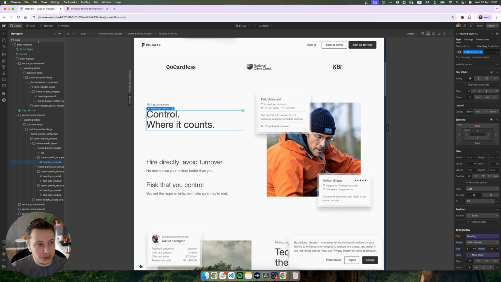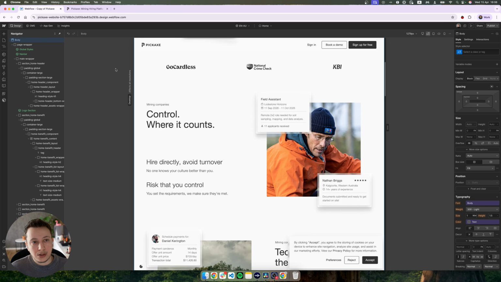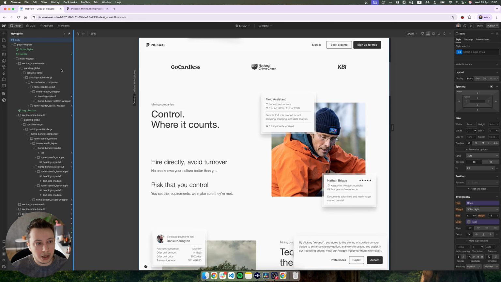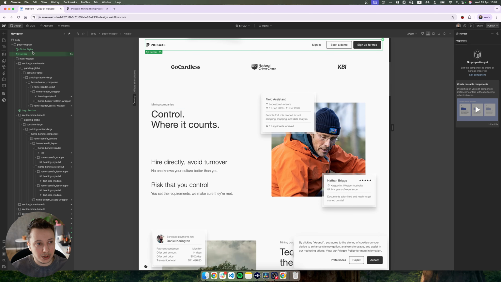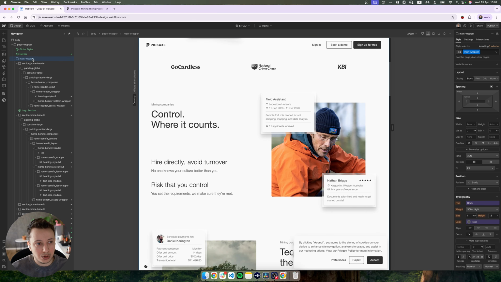The other thing that I want to say is that when the assistive technology reads the text, it follows the structure that you set up in the navigation bar, not the one that you have here. So what I mean by that is, for example, it's going to read the navigation bar, and then it's going to go to the main wrapper, then go through all the sections. But sometimes when you add like